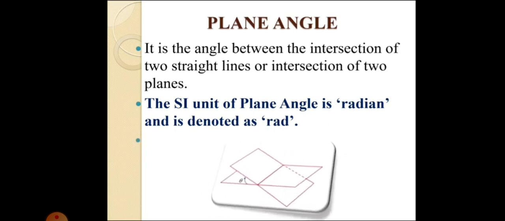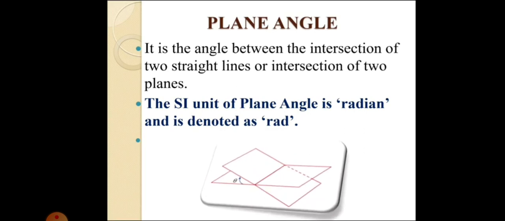You can observe the picture. So from this you can easily understand the plane angle. So we have angle theta here, the angle theta between the intersection. What is intersection? Intersection is the act or process of crossing or passing. The two straight lines crossing each other, that point is called the intersection. So the angle formed between the crossing of two straight lines, that is the intersection of two straight lines or planes, is known as plane angle.